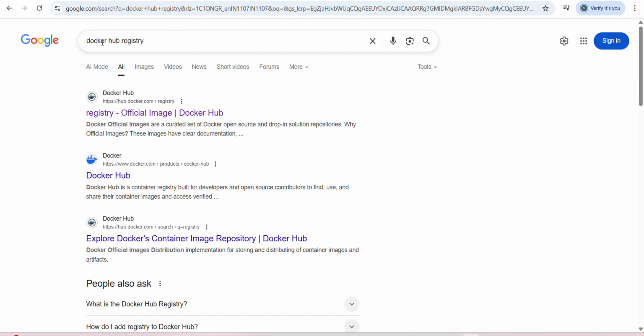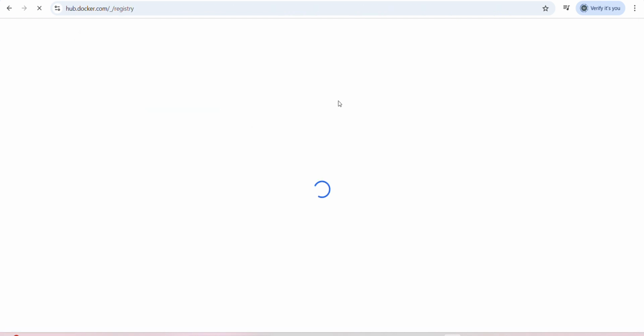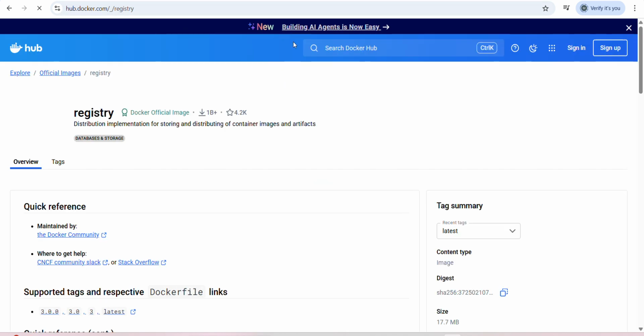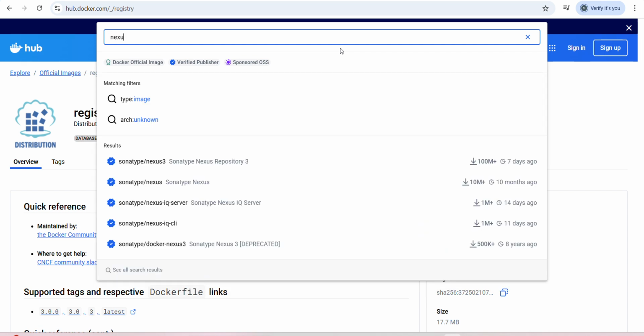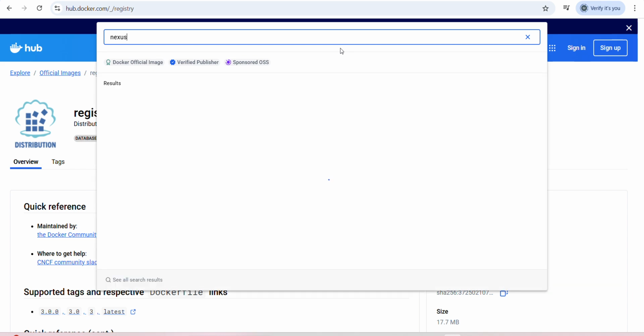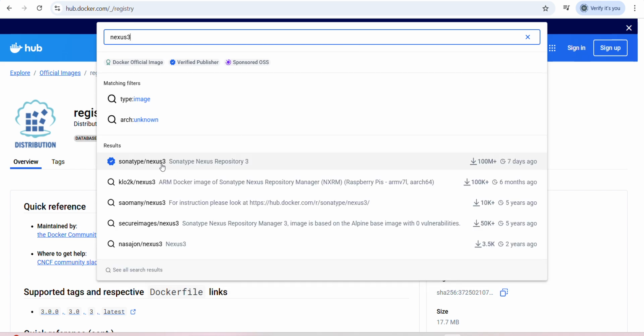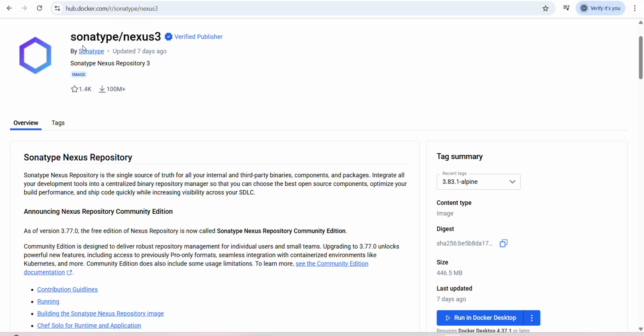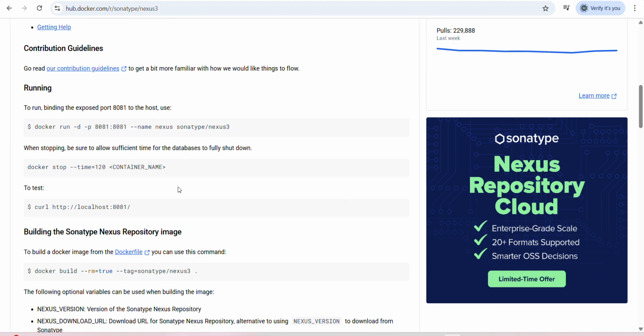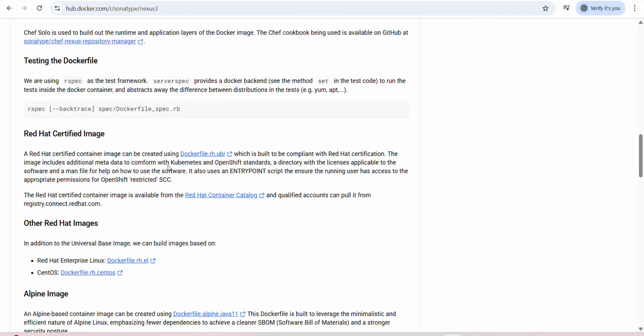In the web browser, this is my Google Chrome. Here I will use the Docker Hub registry. You can type it and hit the button and you can get the official Docker Hub repository, and you can search here for Nexus 3. So you will get the official website. This is the Sonatype Nexus repository. You can choose and click on it. This is the Sonatype Nexus 3 I am installing right now on the Ubuntu Linux machine. If you scroll down,